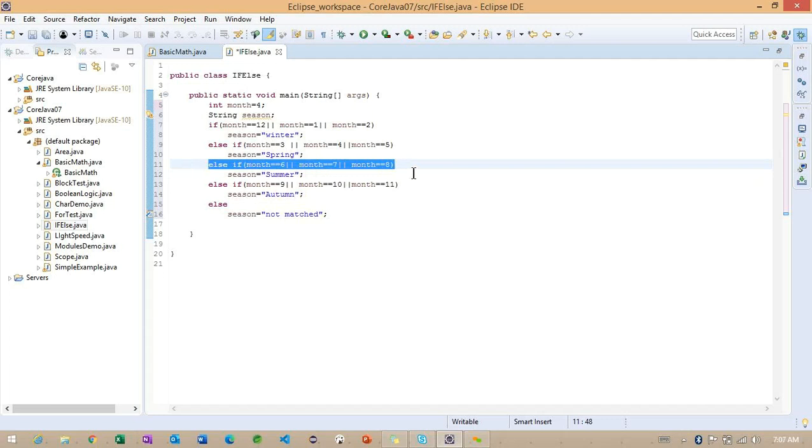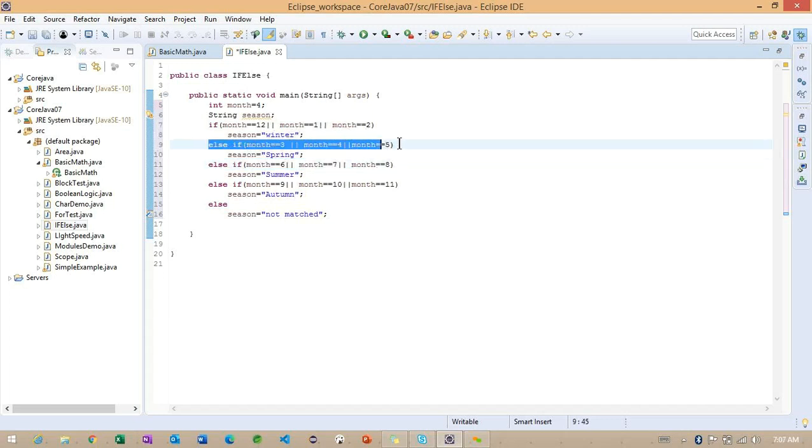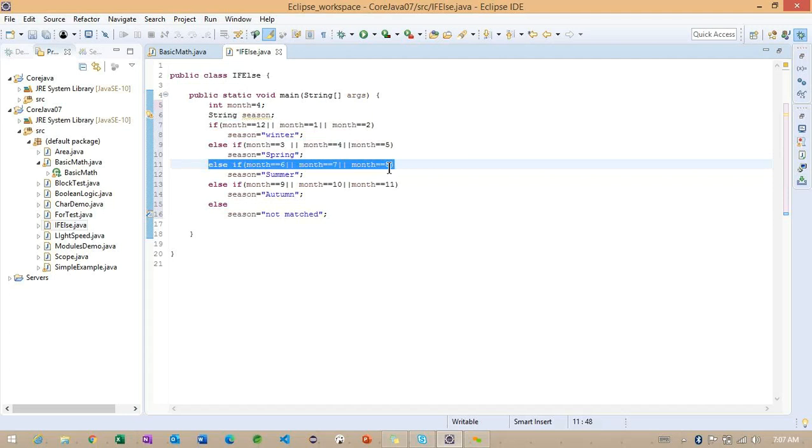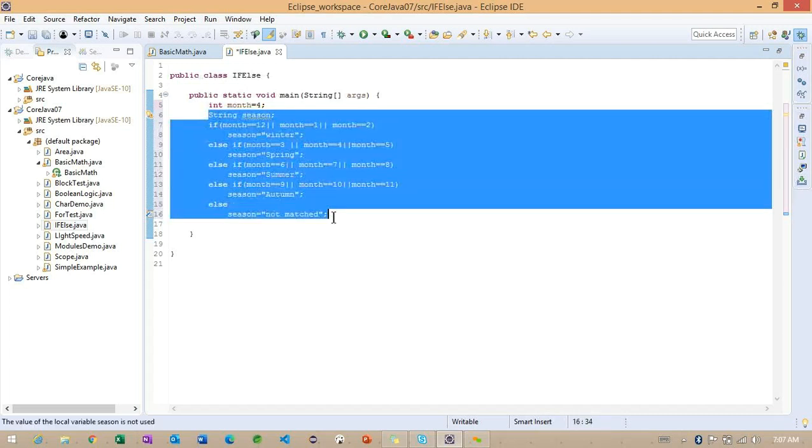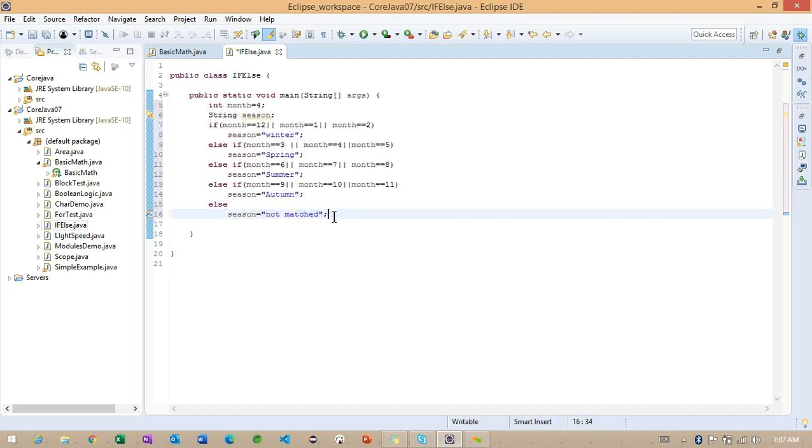Same way, in this case, if any condition is satisfied, so either this particular if condition, or this particular else if, or this particular else if, it's not going to execute the below statements here. Because one condition is already satisfied, it directly moves on past this entire block. Getting the point? So carefully observe here.